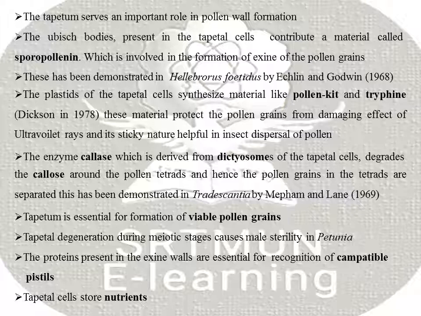This has been demonstrated in Tetrastichia by Mepham and Lane 1969. Tapetum is essential for the formation of healthy pollen grains. Tapetal degeneration during the meiotic stage causes male sterility in Petunia. These proteins present in the exine